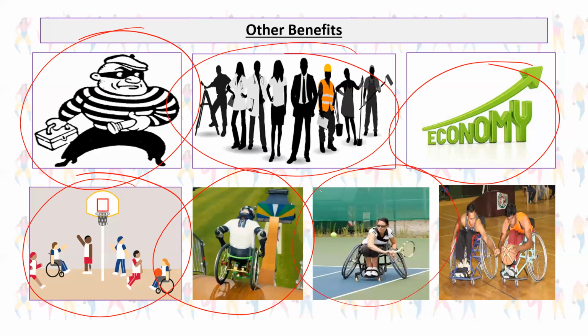This one's to do with either improving or picking up new skills. So that's going to be a specific benefit for disability groups, but you could easily have that one for other groups as well. So the improvement in sport-specific skills, and then finally, opportunity to engage in competitive sport, which is something that lots of people really like doing. But if you're a disabled person, that's something that you might potentially struggle with. But sport and physical activity offers you a pathway and a route into that sort of thing, which is ultimately going to be beneficial to individuals' health. So a range of different things there.